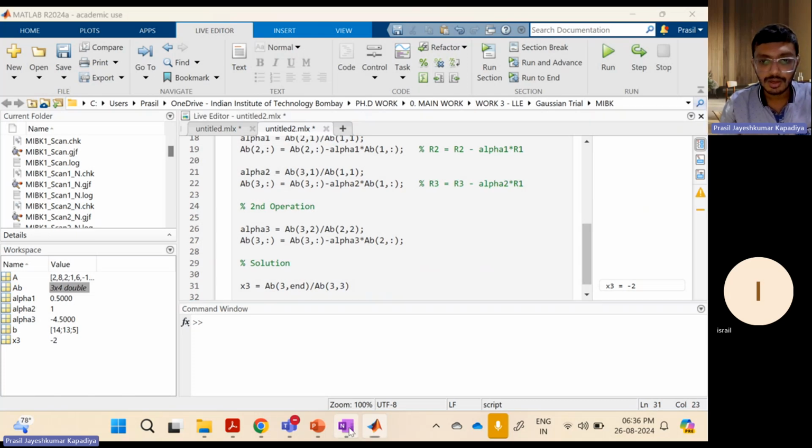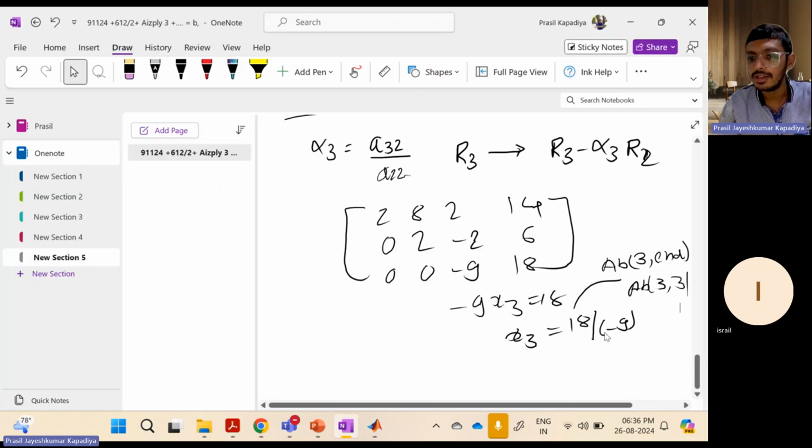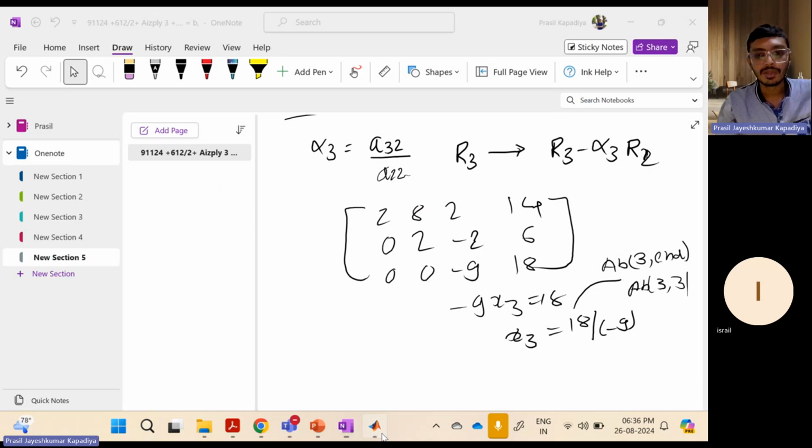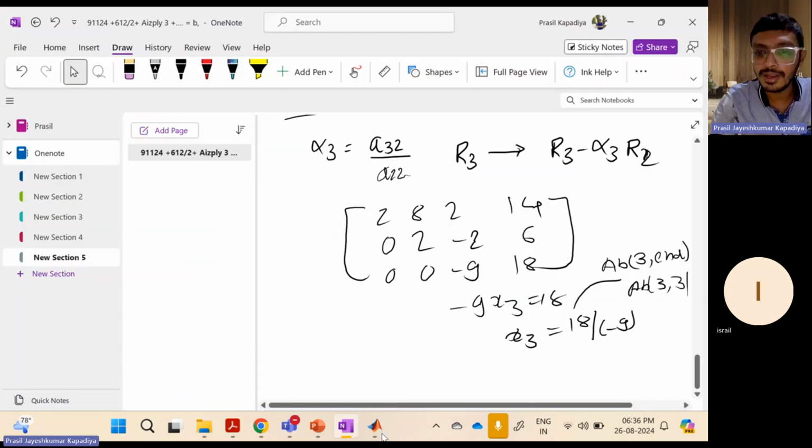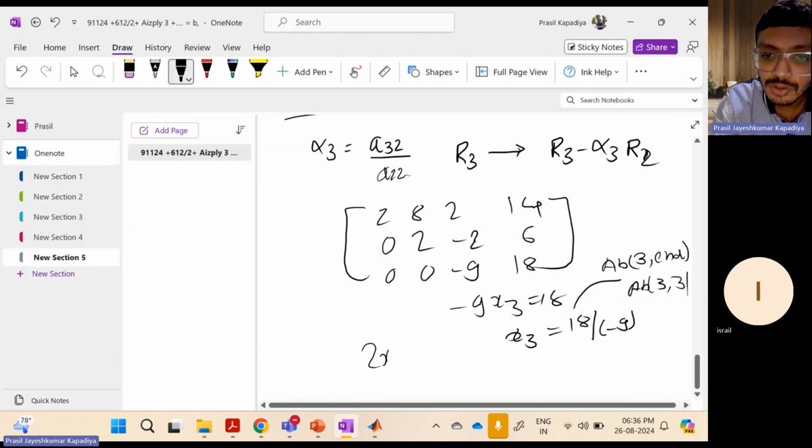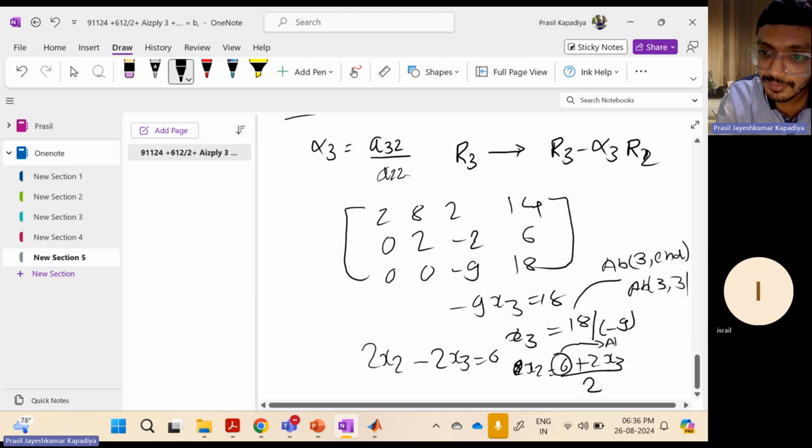This is what we should get here, minus 2. So now I want to define my x2. So 2x2 minus 2x3 is equal to 6. So 2x2 is equal to 6 plus 2x3, and x2 is equal to this divided by 2. So 6 is my augmented matrix second row last element